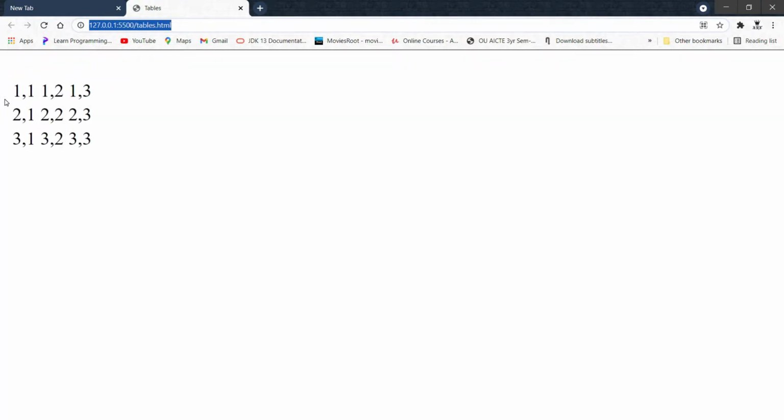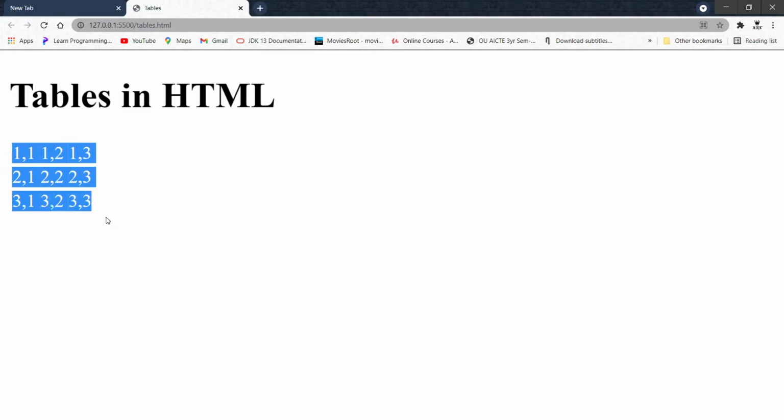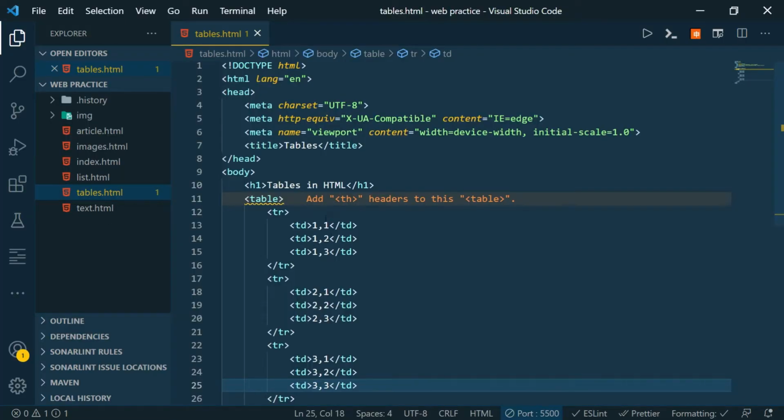So as you can see, it is arranged in the form of a table. It's not properly a table, but it is arranged in that form. If I select it, you can see slight lines. This is the first row and first column element, and this is the first row second column element, and this is the first row and third column element. The numbers themselves indicate it, and to get the visible lines, to make it a proper table,